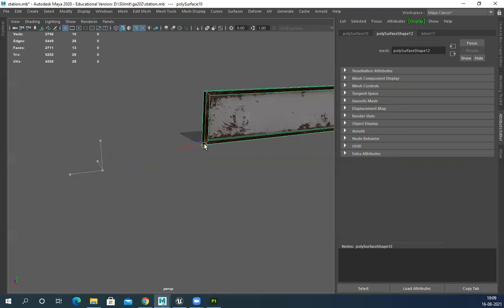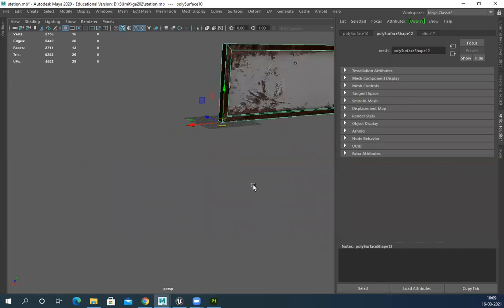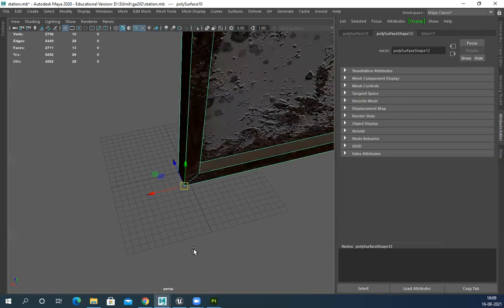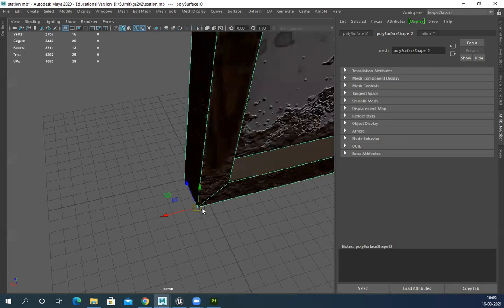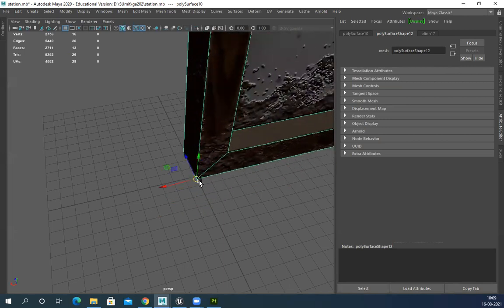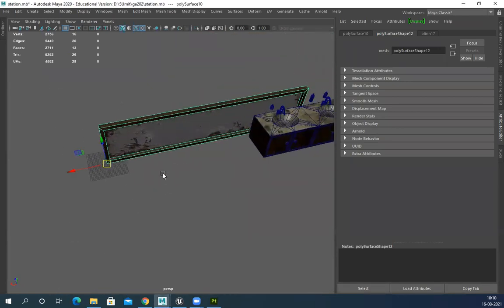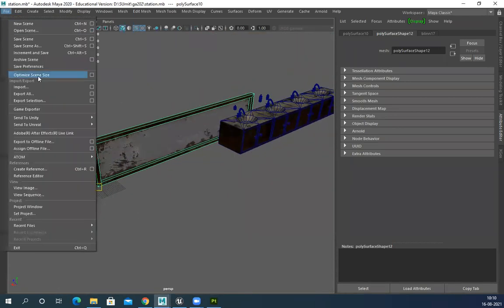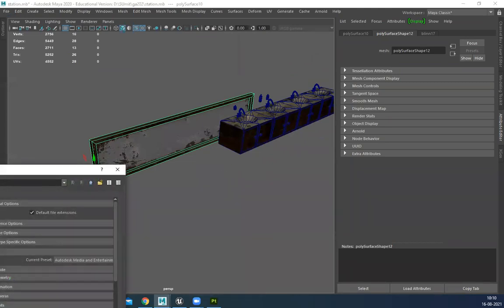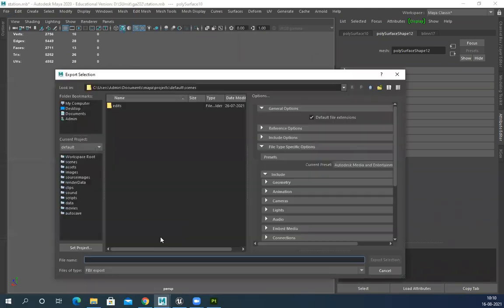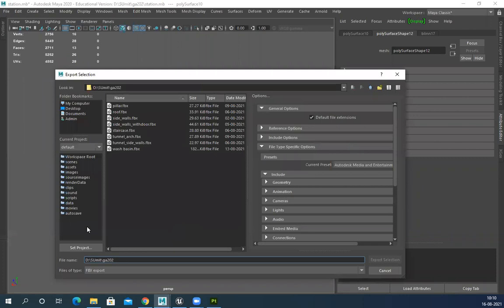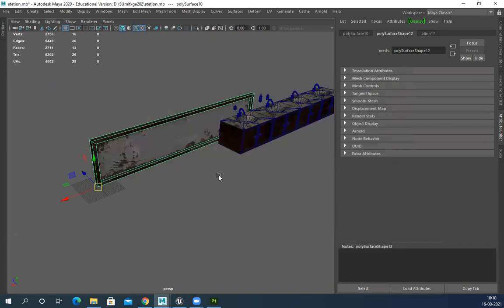Then X, and snap it on the grid center, world coordinate 0, 0, 0. Perfectly snapped. This is my mirror. Export selection. Mirror. Saved.